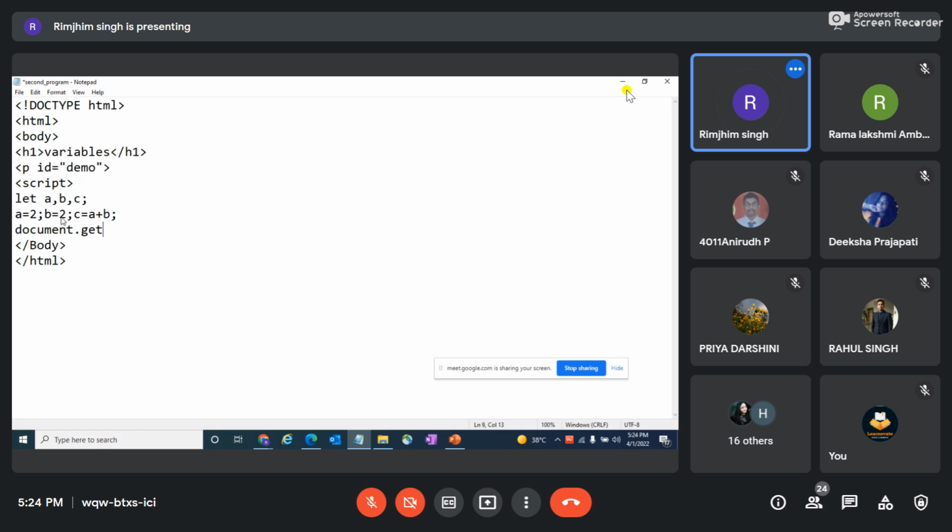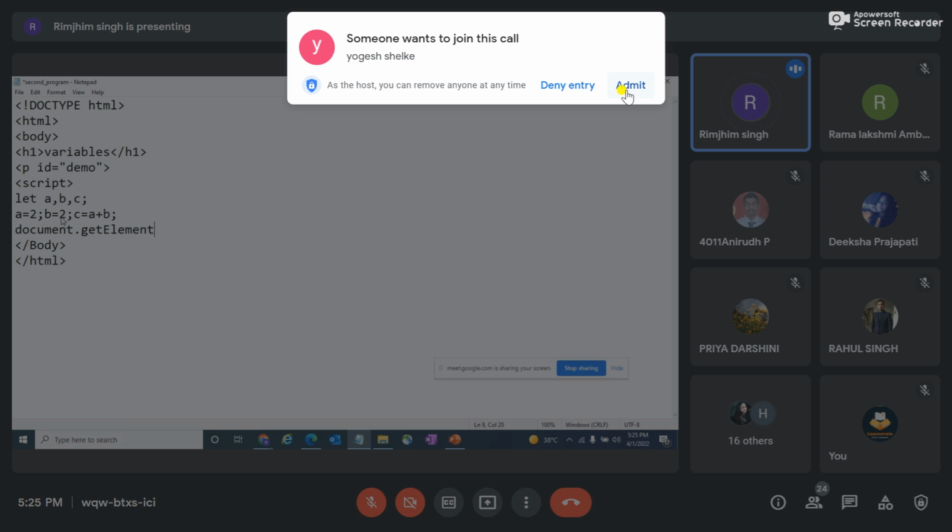document dot get. Class, everyone please make a note. In getElementById, E is caps, Element, and By, B is caps, Id, I is caps and d is small, and then my unique id which I have given above is demo.